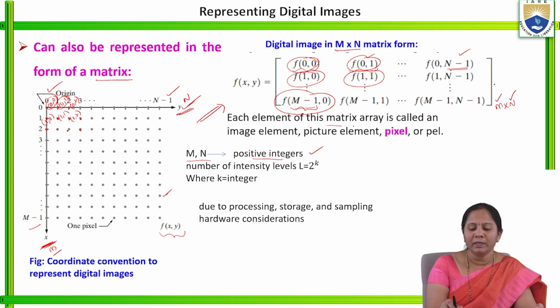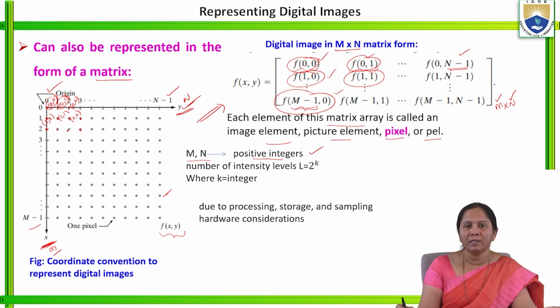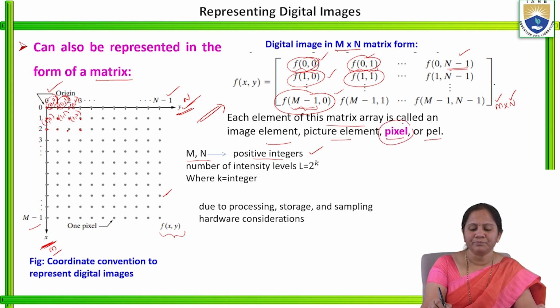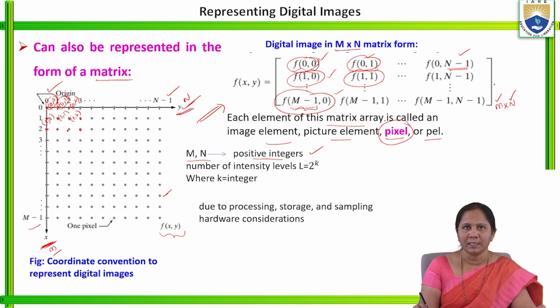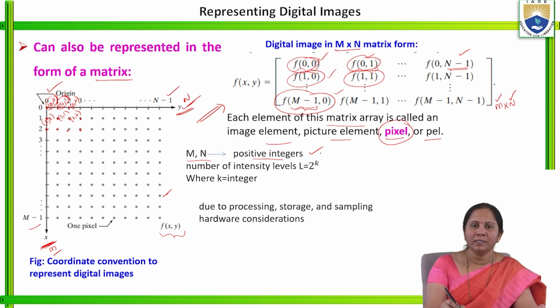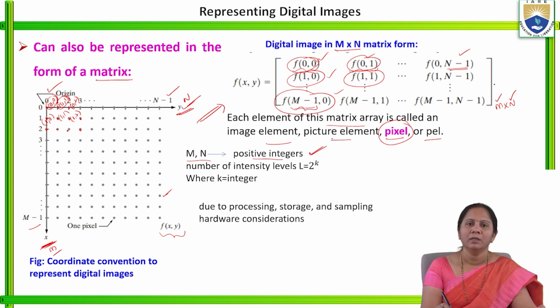Each element that is available in this matrix is generally called an image element, picture element, pixel, or pel. But mostly we are going to use the term pixel. In this, m and n represent the number of rows and columns, and they should be positive numbers, whereas